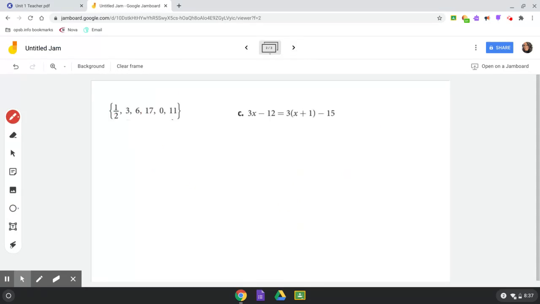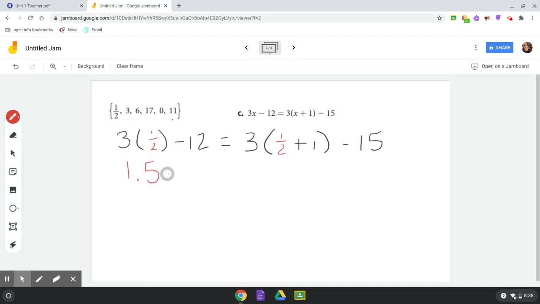All right, so let's go to part C. I'm going to do the same thing. I'm going to rewrite 3 times x minus 12 equals 3 times x plus 1 minus 15. All right, now let's look at these values. Let me change my color to red. 3 times 1/2, 1/2 plus 1. All right, so 3 times 1/2 is 1.5 minus 12 equals 3 times 1/2 plus 1, which is 1 and